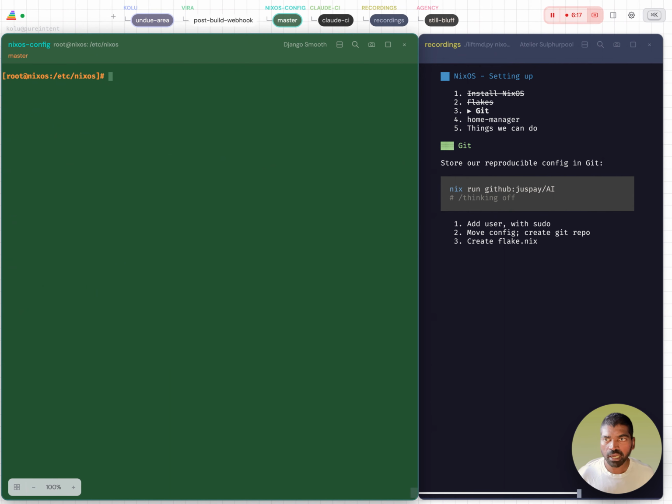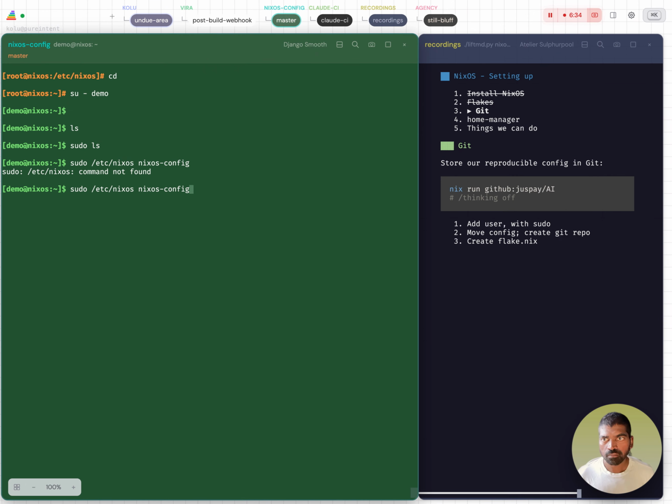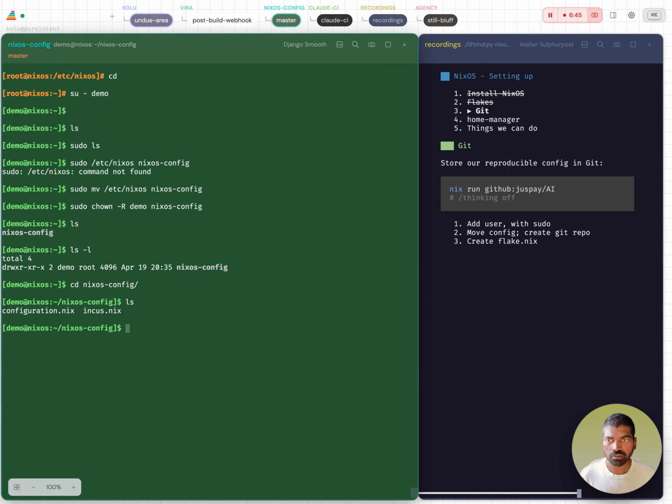I'm going to just go back and then log in as the demo user. There it is, right? And now I can do sudo ls. It's not prompting for password. And what I'm going to do is move the system config to my home directory. So now the config belongs to me, which is good, because now I can go and run the same